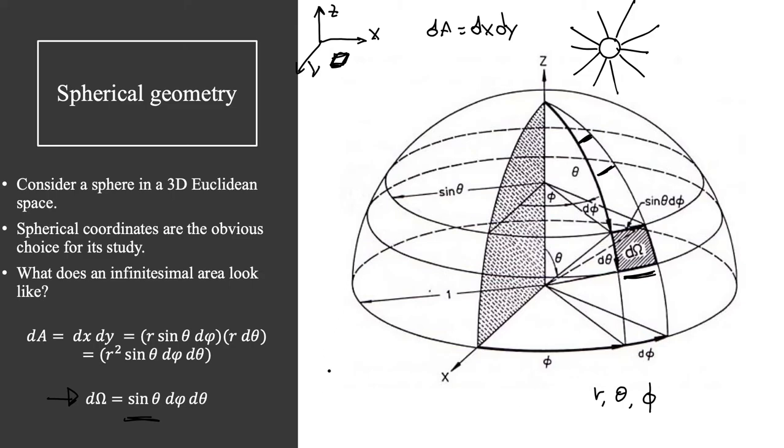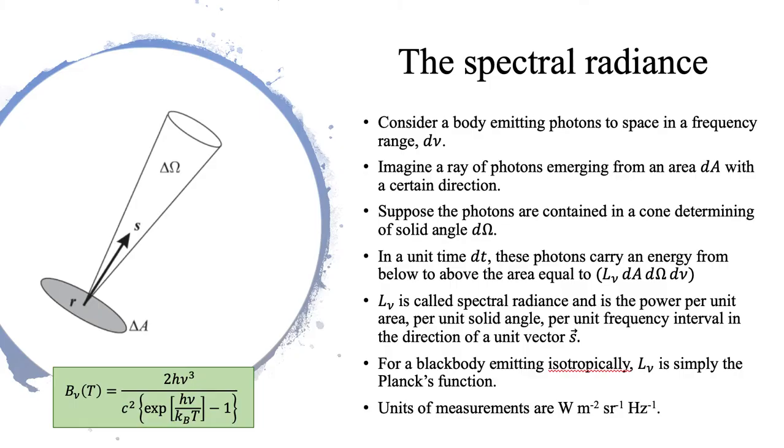Also, interestingly, but not surprisingly, if you integrate over the whole sphere, over all the d omega, that means phi from 0 to 2 pi, and theta from 0 to pi of sine theta, that will give you the 4 pi that we know is the solid angle of the entire sphere. Okay. Now, having defined what a solid angle is and having given some sort of refresher of how to compute them,